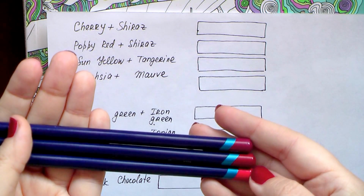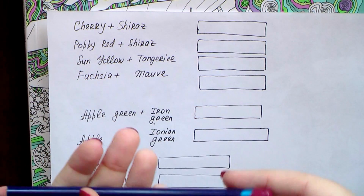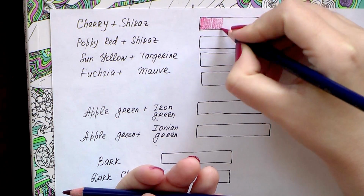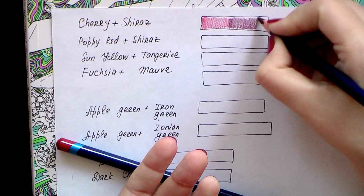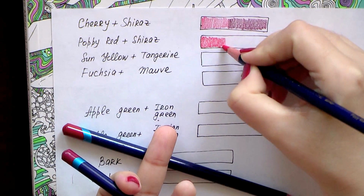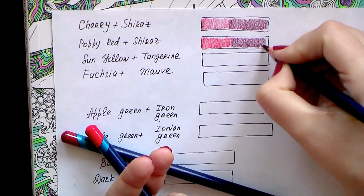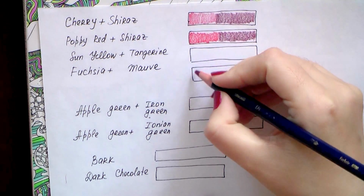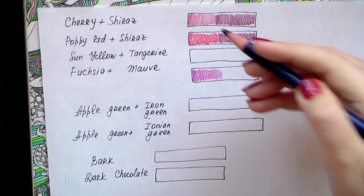the main idea is to find your favorite color combinations in lighter and darker shades. For example, I like to use cherry and shiraz, poppy red and shiraz, fuchsia and mauve,